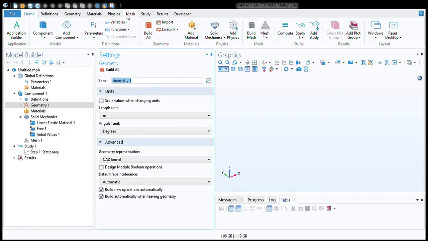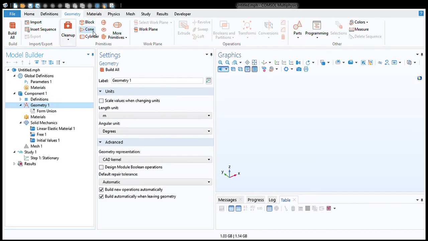Then there are the meshing and the results parts. Geometry can be created directly from here or here. In geometry you can create blocks, cones, cylinders, anything you want. You can also import geometry. There's an option to import geometry, you can see it here.